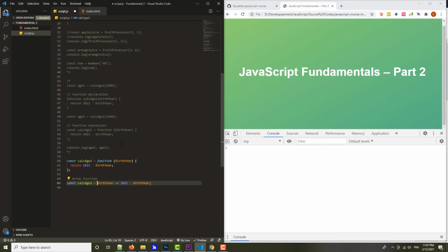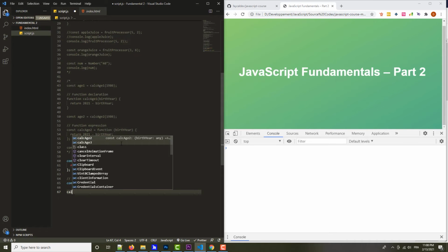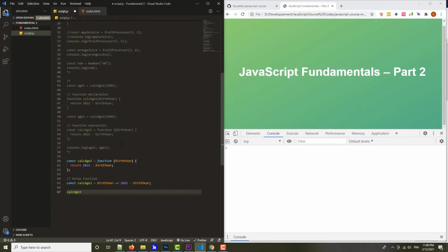So this value here will automatically be returned without us having to explicitly write the return keyword. So this is excellent for simple one-liner functions. And you will see through the course that it is going to be extremely helpful in certain situations. And now to use this function, of course, it works the exact same way as using all the other functions, no difference. So we call calcAge3,